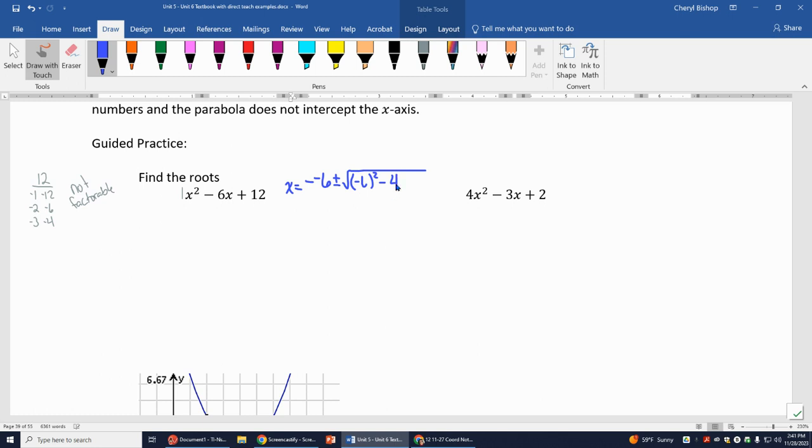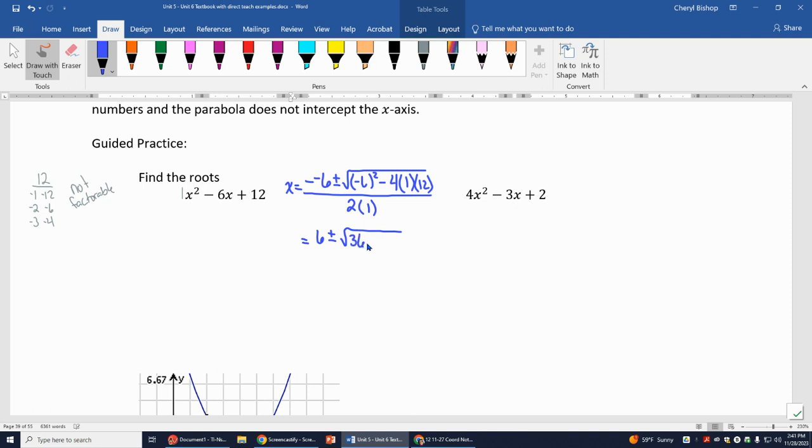Minus 4. 4 is just part of the formula, so that's always 4. A is 1. C is 12. All over 2 times a. A is 1. So x equals positive 6 plus or minus the square root of